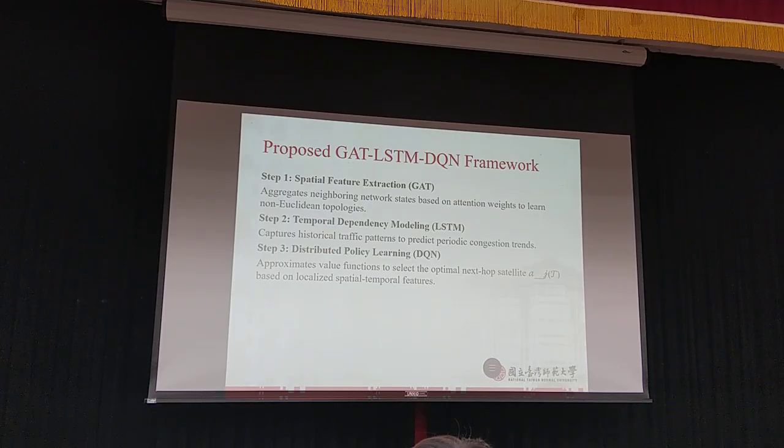Enabling each satellite to independently and instantaneously select the optimal next hop using only local observation. It delivers the perfect